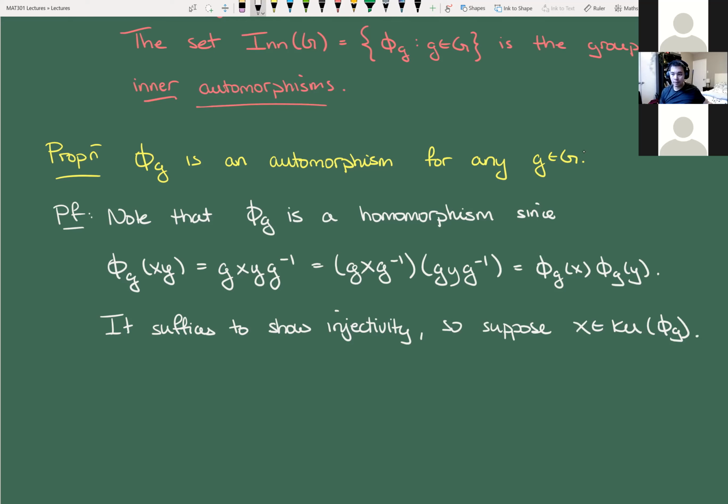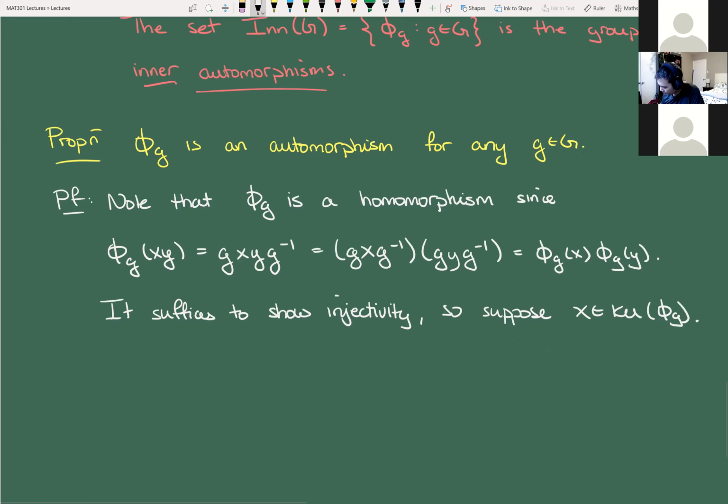Okay, so I'm going to choose an element in the kernel and show that that element has to have been the identity element. So, what do we know then? The identity is equal to phi G of X. And if I just write that out, I get G X G inverse. And yeah, we're actually done, because now what I'm going to do is put the G and